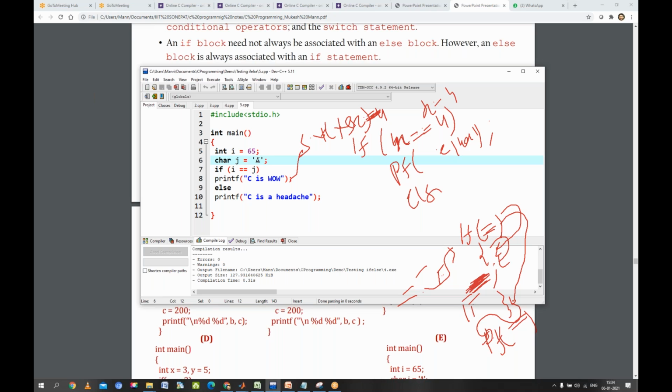Excuse me, sir. Sir, isn't this a problem that the ASCII code of a character is equivalent to some number? If we want to print something else, then there will be a problem. Because A is equal to 65, will it not pose a problem to us? Because a character is equal to some number. A character is not equal to, it is equivalent to some number. Then will it not give us some problem? No, why would it give a problem?